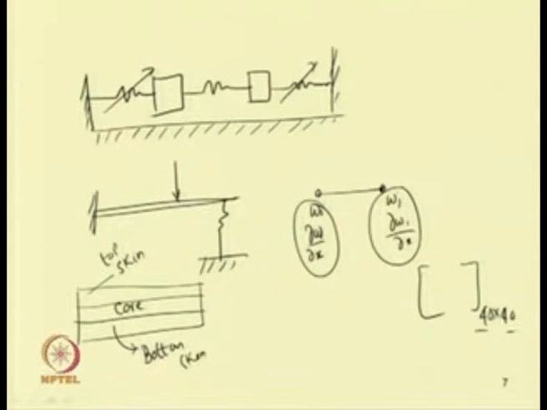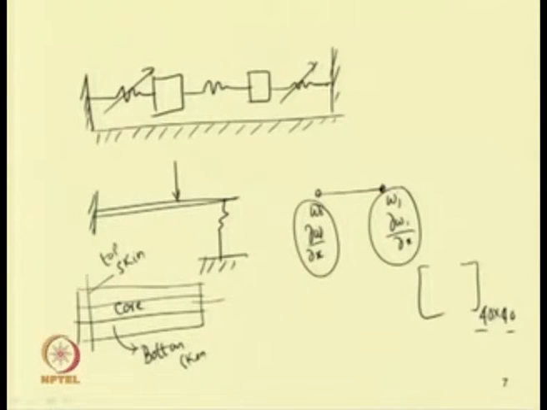So, in this case one can take the classical theory. If one takes the classical theory, then one can write the displacement of top, bottom and core to be the same in the transverse direction at a particular section. Or if one takes the higher order theory with a flexible core, then the transverse displacement of the top and bottom layers will be different.